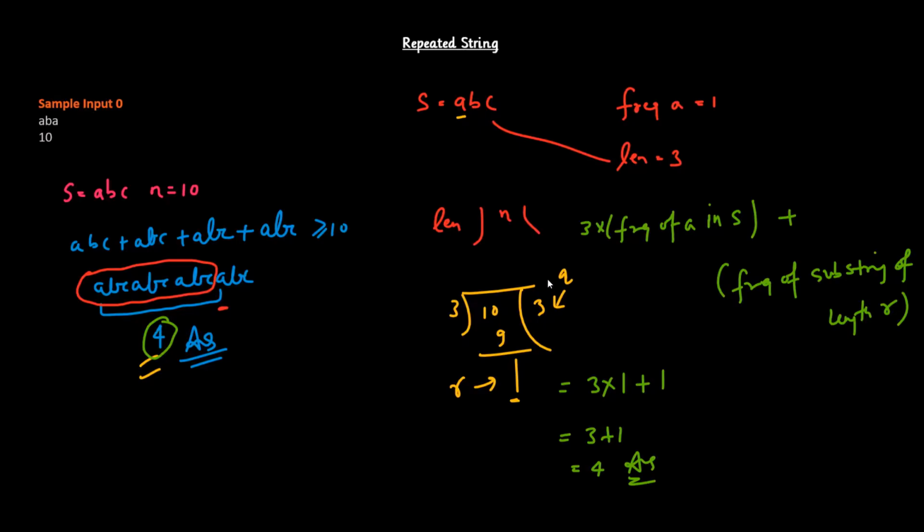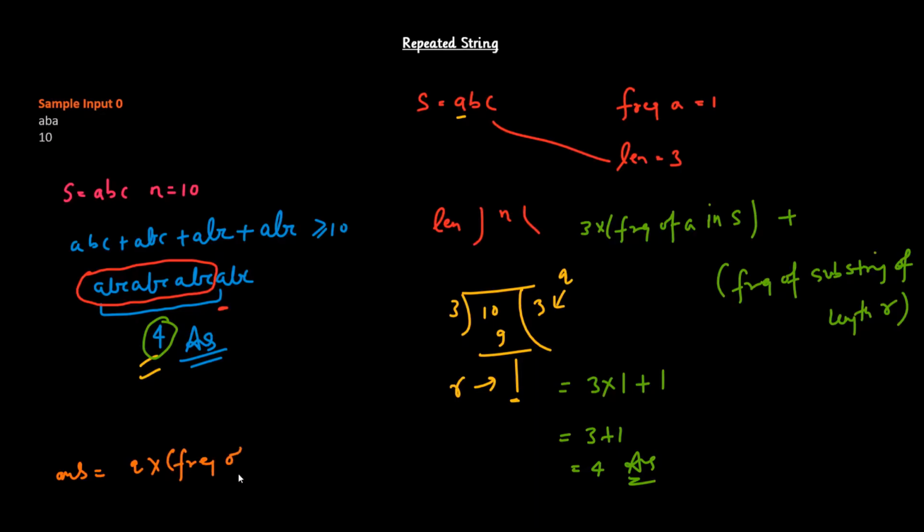right? So you can make it more generalized, guys. So the formula will come something like this. This will be the Q. So now let's derive the formula to solve this problem, which will look something like this. So your answer will be Q into, what is Q, guys? This is a quotient. Frequency of A in S,